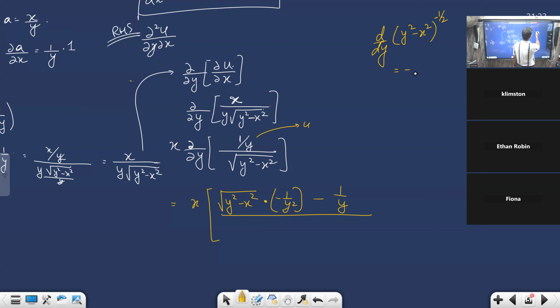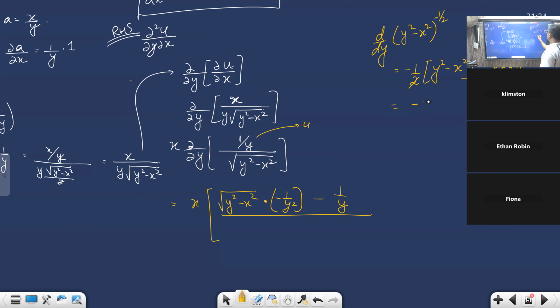So if you differentiate, it is minus 1/2 y square minus x square to the power minus 1/2 minus 1. But it is still not over, because you need to go inside and differentiate with respect to y, and that is 2y, chain rule, minus 0. So here's my final answer. This 2 and 2 will cancel out, and I will be left with